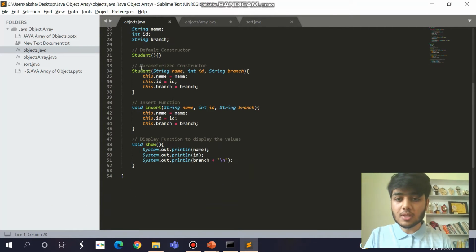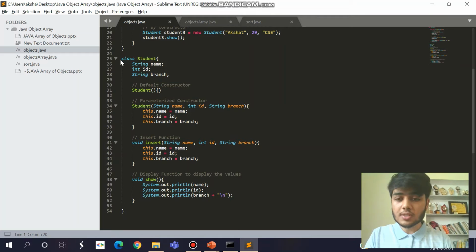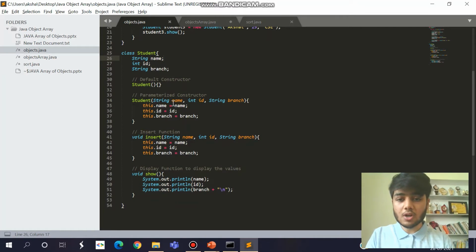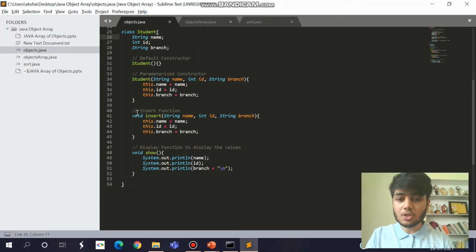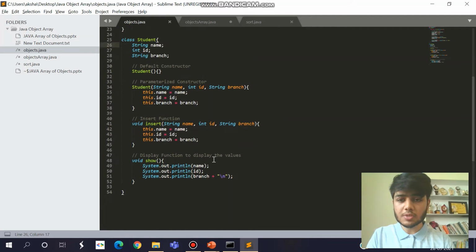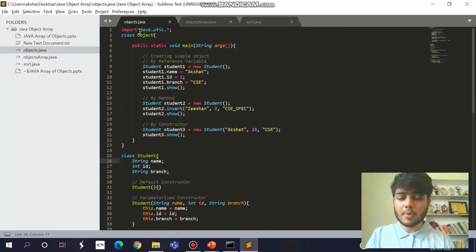In this program, as you can see, I have a class called Student. The Student has three variables which are name, ID, and branch. It has a default constructor and a parameterized constructor. It also has an insert function and a show function to display all the values. In my program, I am creating a student1 object of the Student class.